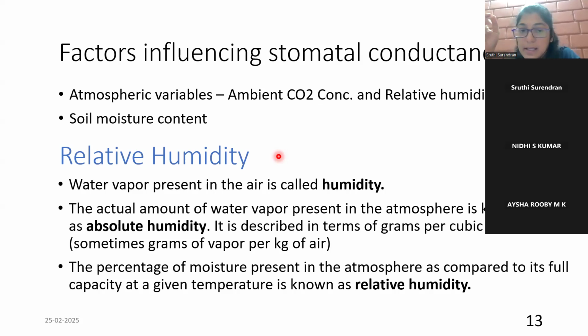Now, the relative humidity is a temperature dependent quantity. So at one particular temperature, the saturation limit of air will be one value. Say the temperature changes, the saturated limit of air at that particular temperature is also going to be different. It is not going to be the same as the saturated limit of air at a different temperature. So when we say this is the relative humidity of air, even though we just say the RH is this or RH is there, we have to be very particular as to mentioning at what temperature